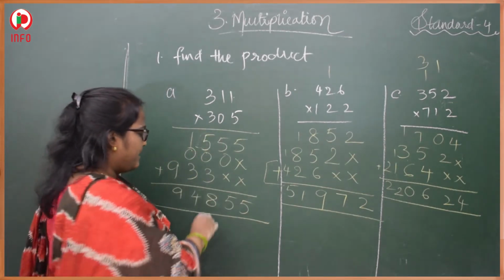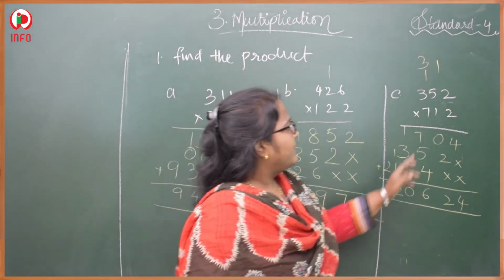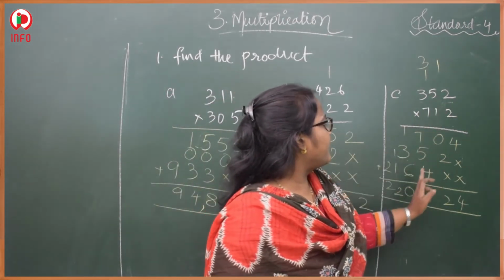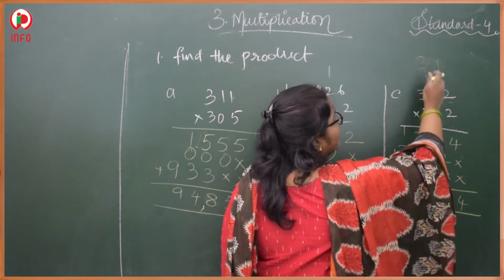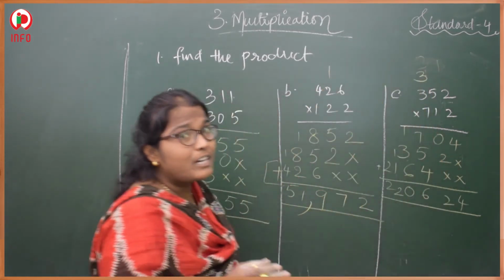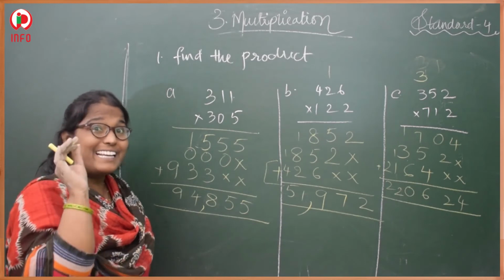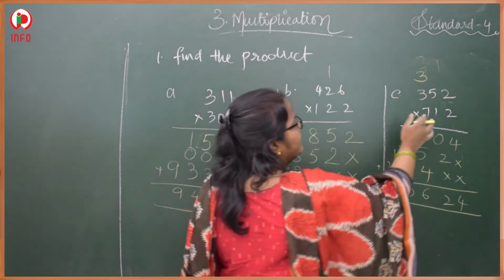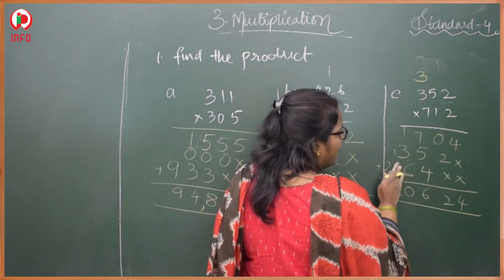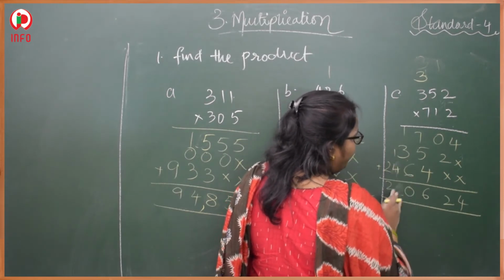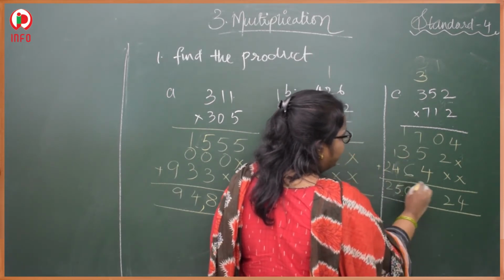Okay, 5, 6, 7, 8. So you can keep the commas here. 7 2s are 14, 7 5s are 35, 36, 3 is there. So that's what I said, to keep the borrows, like carries, very clearly. 7 3s are 21, 22, 23, 24. So this is 24. 6, 7, 8, 9, 10, 3.